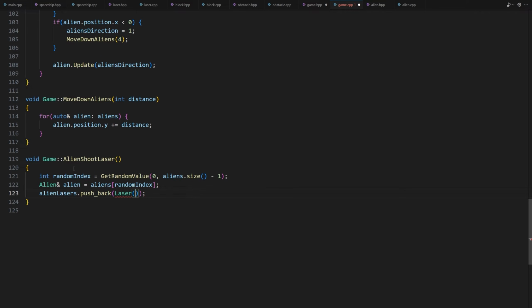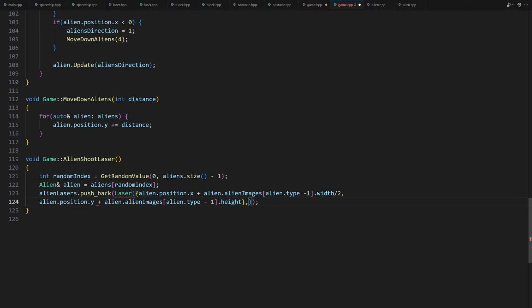Let's enter these values. alien.position.x + alien.alienImages[alien.type - 1].width / 2, alien.position.y + alien.alienImages[alien.type - 1].height. The position of the laser is ready.